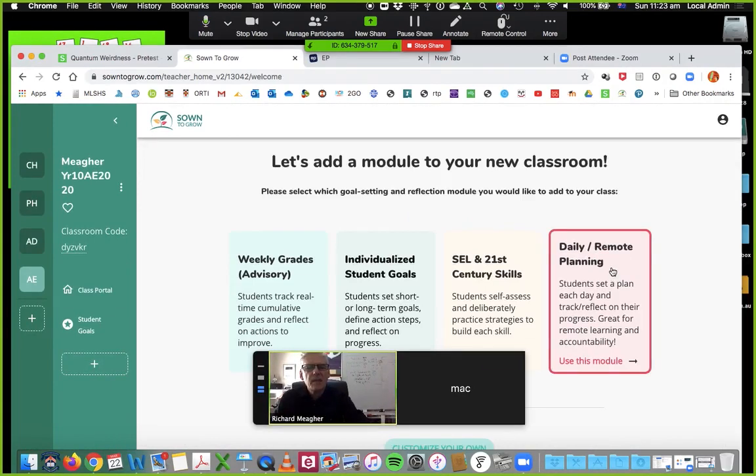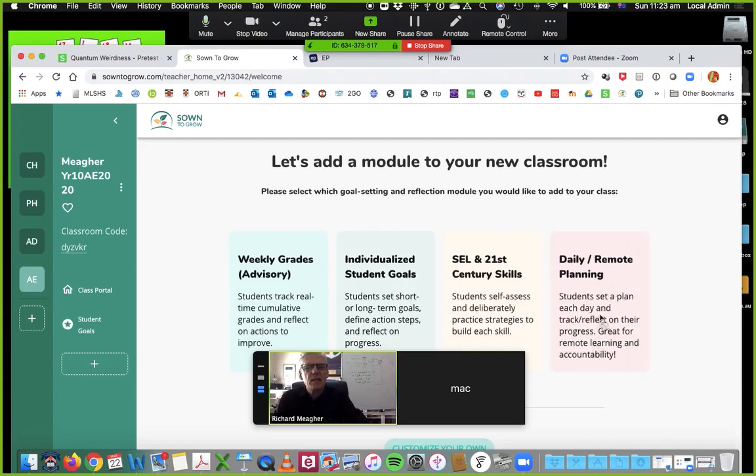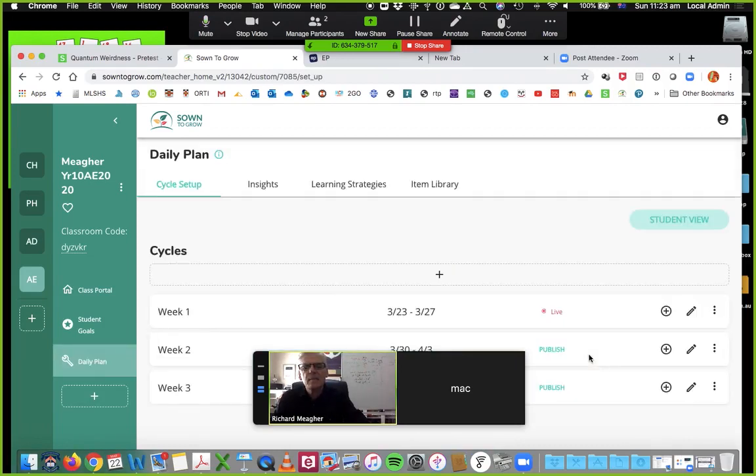I think if our students each day when they wake up can have a plan for the day, can reflect on that plan at the end of the day, can think what they can do the next day, it's going to be for their mental health so much better. So for this particular thing, when they set their plan, it's very similar to the weekly goal, but they again have